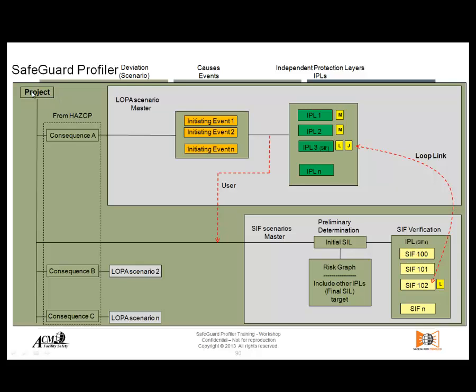So here's the project, and from the project we open a project and it is empty. From that project the first thing that we try to do is either import the HAZOP and then start constructing all the LOPA scenarios, or we immediately start building up those LOPA scenarios manually, without any input from an imported HAZOP. But the normal way to do it would be to open up a project, import a HAZOP file, and in